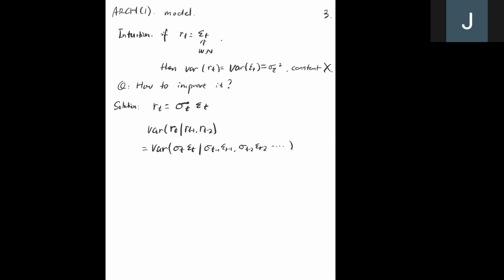So let's think about what happens if this sigma t has some dynamics, that is, sigma t is related to sigma t minus 1, or sigma t is related to R_t minus 1. These are just some examples. So if this sigma t has some dynamics, then